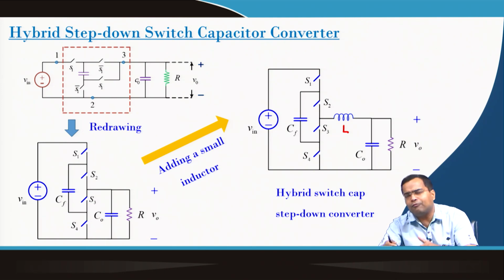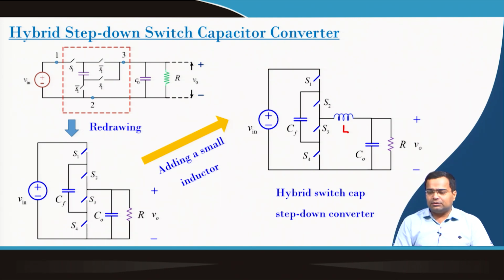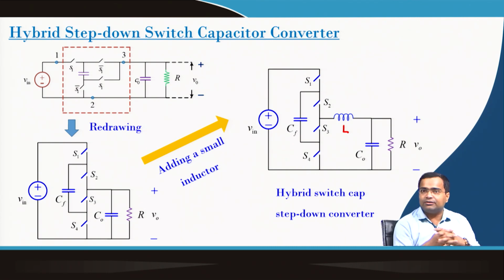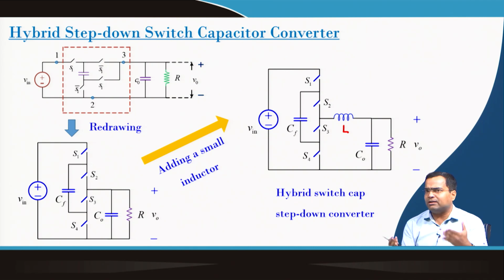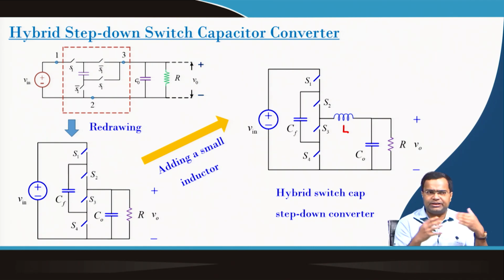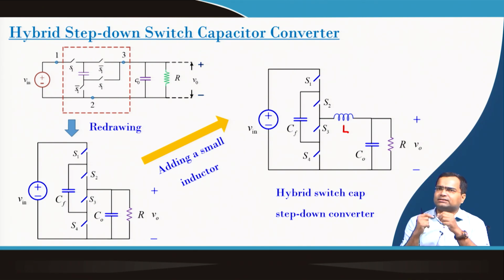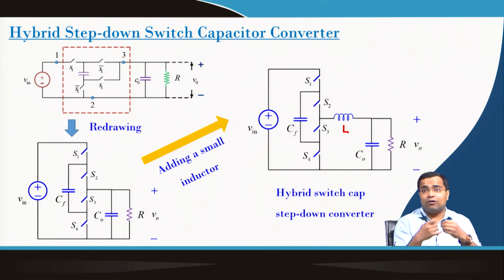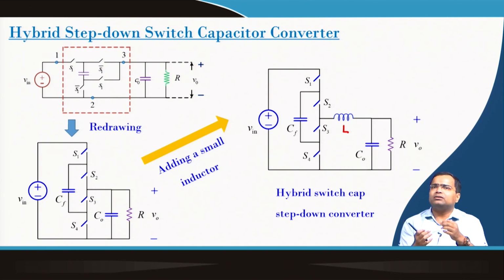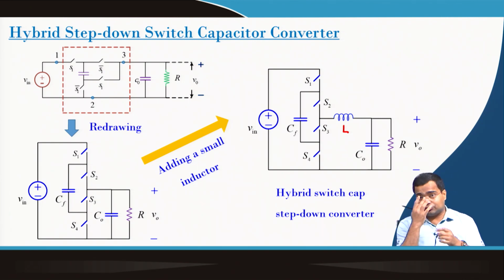But if we want to go for on chip application, we can go for a higher switching frequency to reduce the flying capacitor value, and if the power level is low, the switches can be integrated inside the IC. Typically these inductances we consider off chip, and if they are very small, we can even consider on chip inductance.